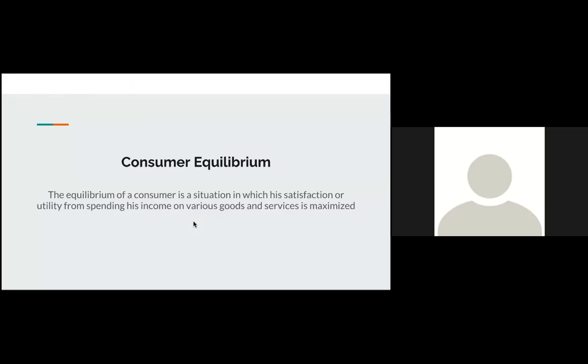So we have to look at what consumer equilibrium is. The equilibrium of a consumer is a situation in which his satisfaction or utility, that we've been looking at, from spending his income on various goods and services is maximized. The reason why this is following next is because we've looked at utility, which is your satisfaction, and we've looked at your budget